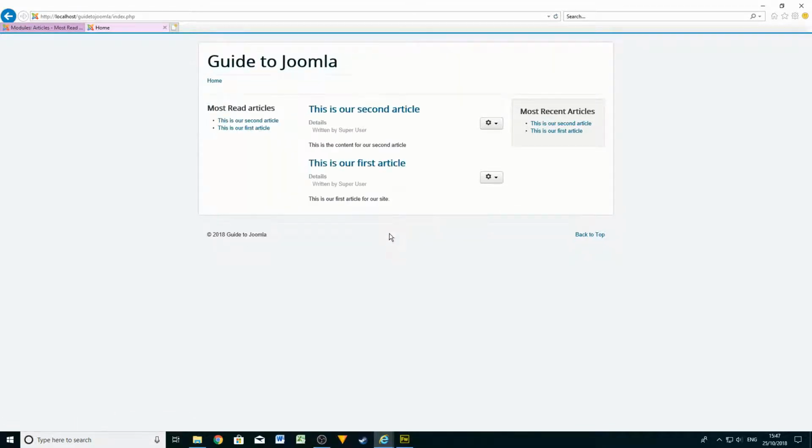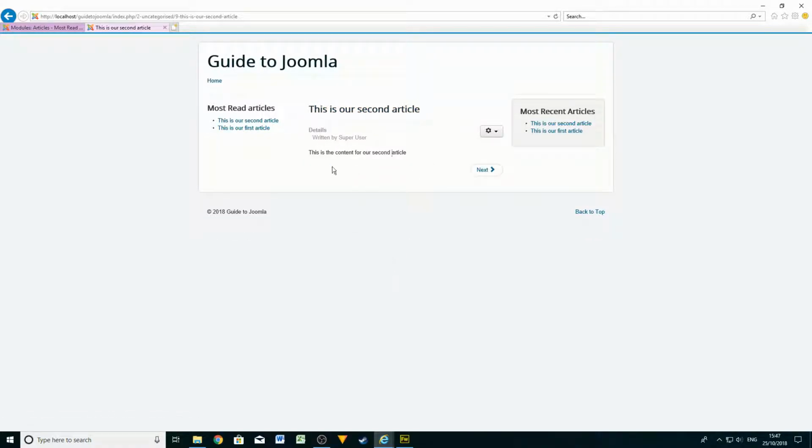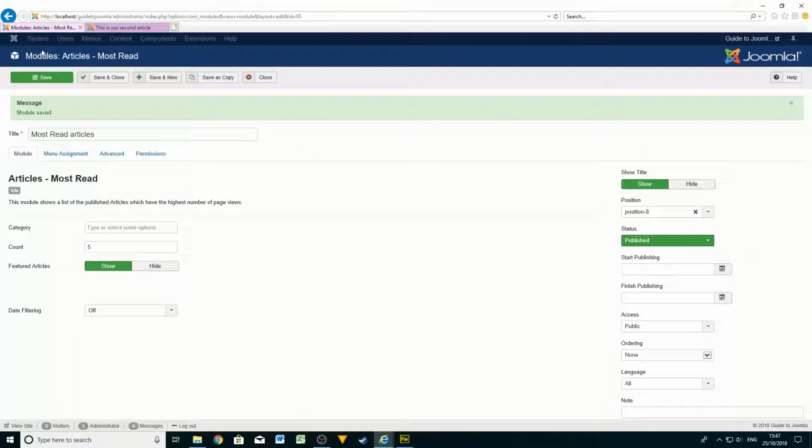Press refresh. As you can see, it's there and there, but that looks quite ugly. Click on there, there's not much space for your content. At the moment there's not much content, but if you can imagine this article had lots of content, there wouldn't be much space to read. So having modules on both sides, obviously you can do that if you want to. Would I recommend it? Not necessarily. So if we change that back to